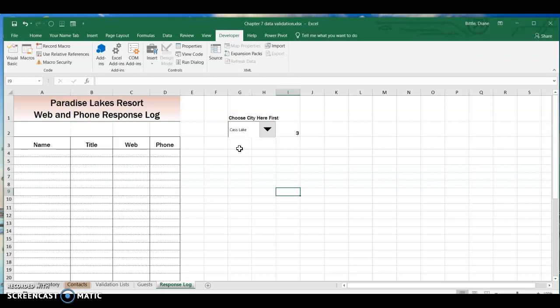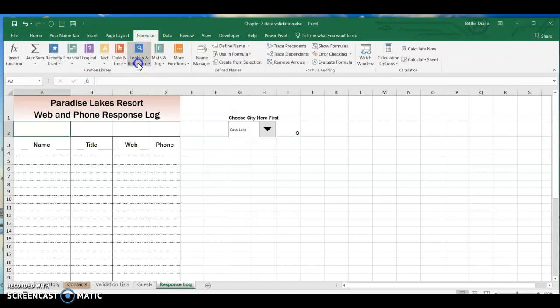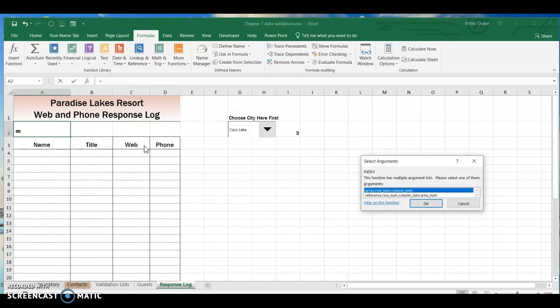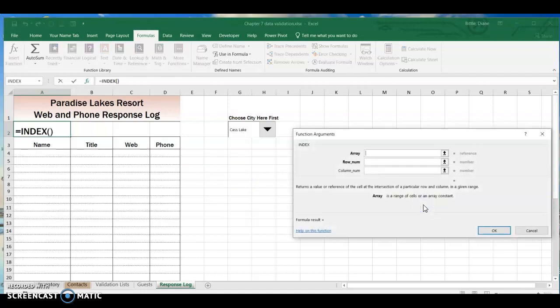Well, those numbers do nothing for me. So what we need to do is combine this combo box with the INDEX function to actually display the name. And I want the name of the location displayed here in A2. So, I'm going to come up to Formulas, and I'm going to use my Lookup & Reference and use my INDEX function. And these items are listed by array, row number, and column number. Okay? So, my array